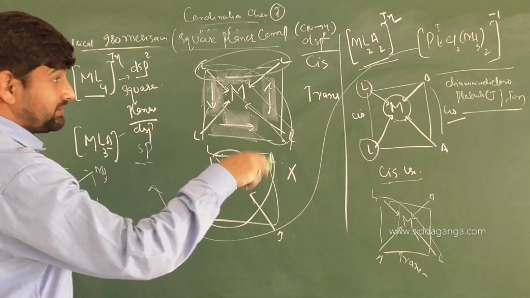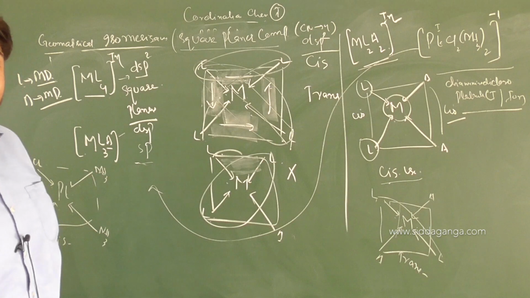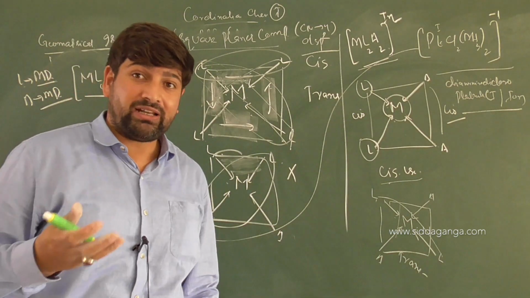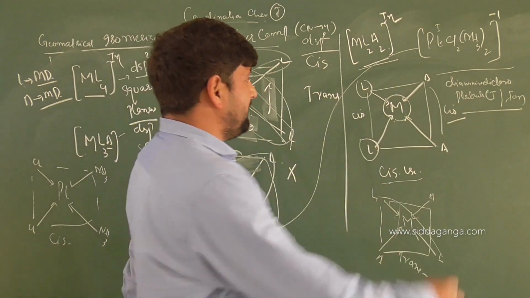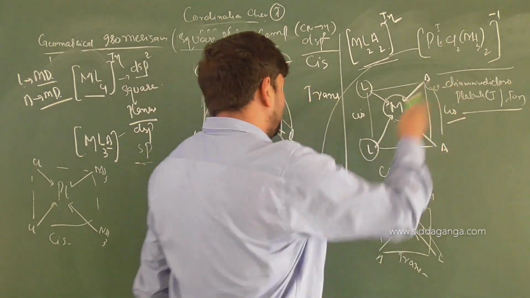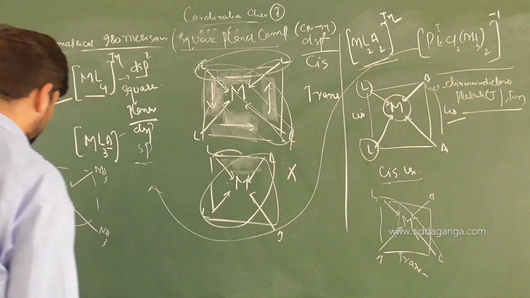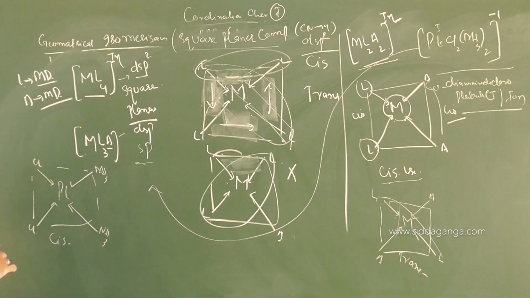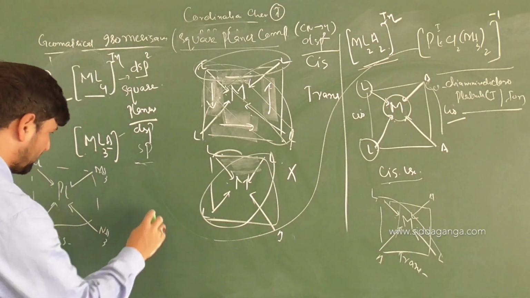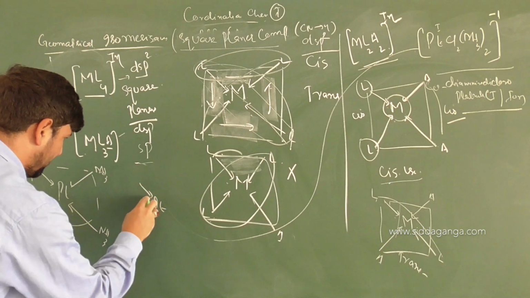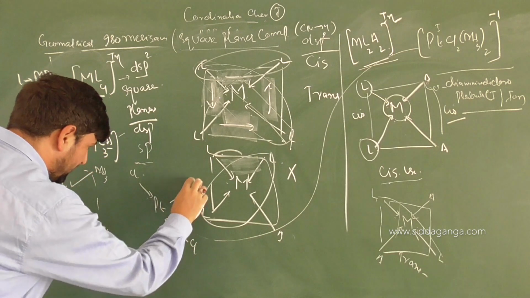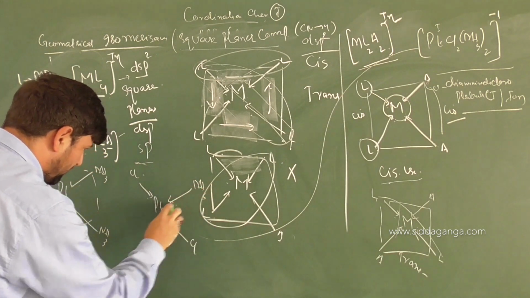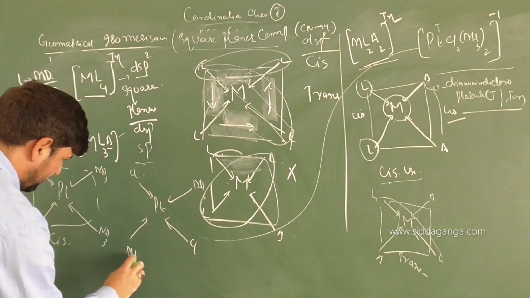In front of that, you can write down the descriptors of geometrical isomerism; in front of it the name will be cis. If it is cis, then you can make a trans out of it also, yes or no? What will be the trans positions? For us it will be Pt, then Cl, opposite it will be Cl, here NH3, and here NH3.